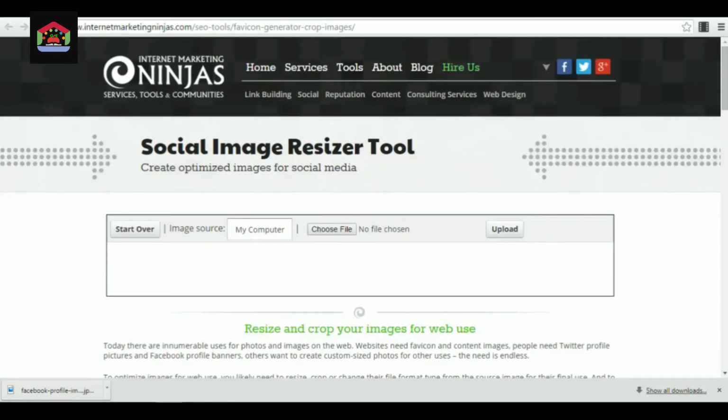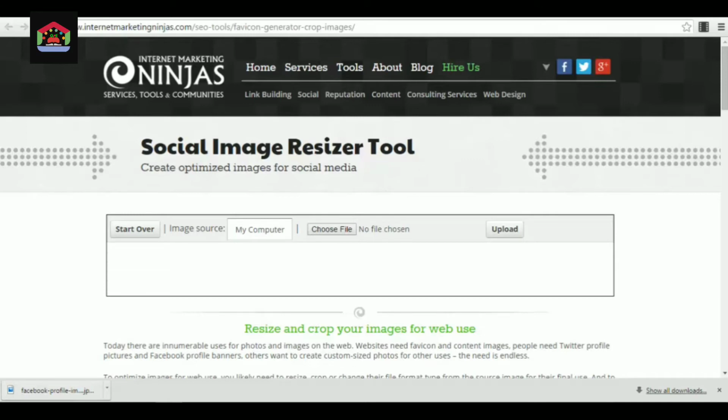Welcome to our next lecture, to our next tool on how to use online tools to create different social media images. We are in the section where we talk about tools that you can use on your own images to get them to the right size for your social media accounts, to enhance them if you want to, and after that to save them and upload them directly to your social media accounts. For example, for Facebook profile, Facebook cover photos, Twitter images or posts, and so on.